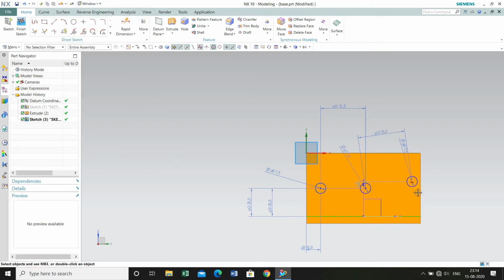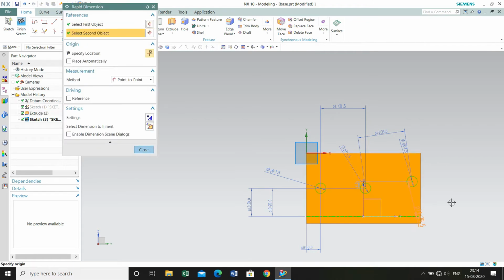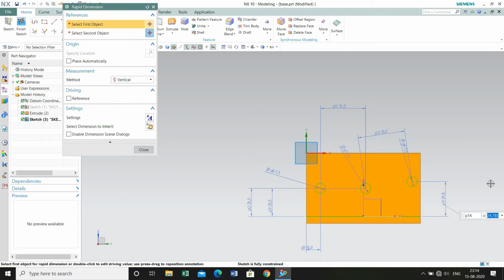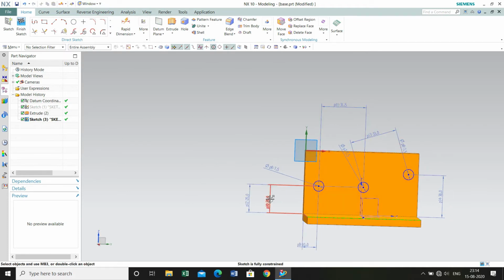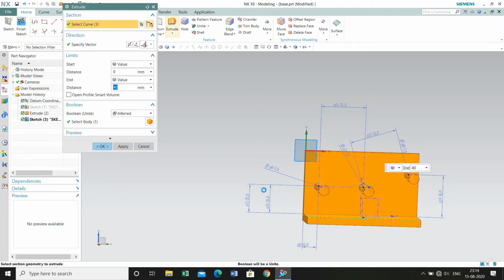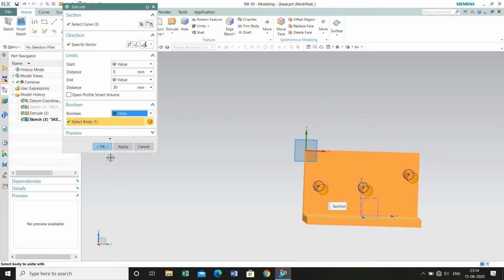So adding these 2 values you have 31.25, and we have taken a clearance of 0.25 mm between these gears. So go ahead and draw this geometry using these dimensions and extrude all these 3 with a distance of 30 mm.